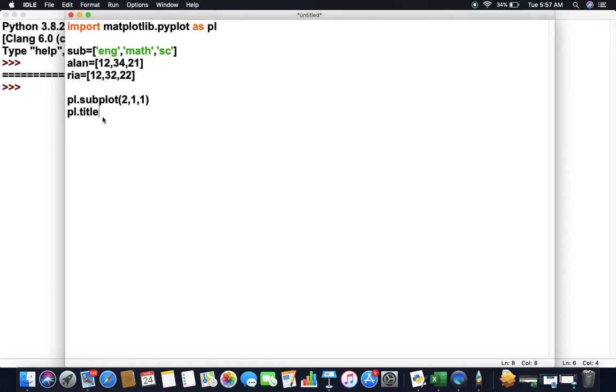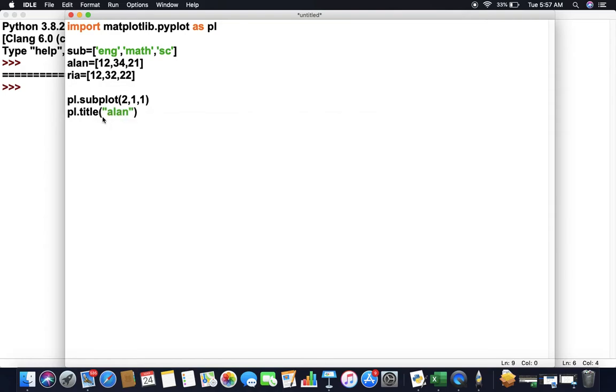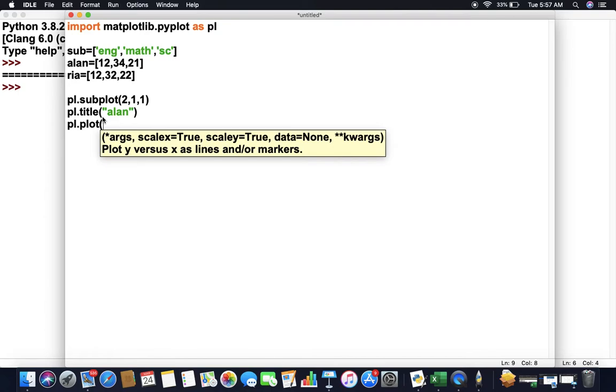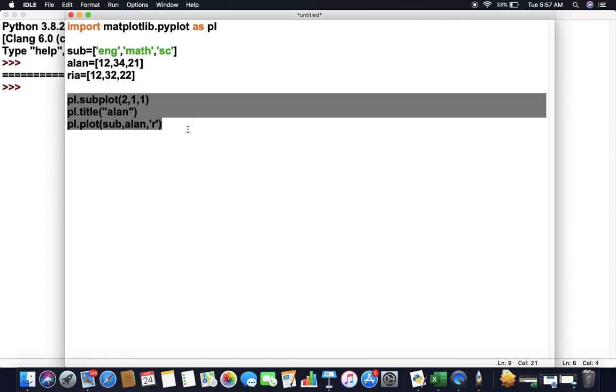Let's say this was for Ellen, so I'm going to take Ellen, the name of the child, as my title. Then I'm going to use the pl.plot function again to plot a line chart, and this time I am going to take two lists. One is the subject name, and another list is Ellen, where I have the marks Ellen scored. Let's have a red line for it, so I'm going to take the color code red. Now I'm going to place the same code twice in my coding, so I'm just copying it